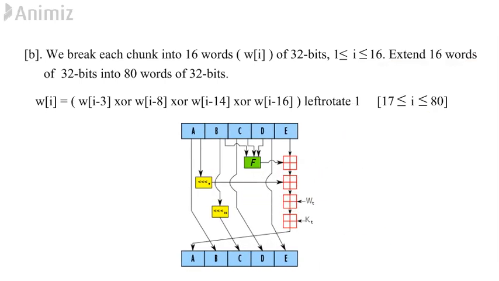This image shows the procedure of step C. Here note that the capital variables A, B, C, D and E are actually the small variables. The yellow box with the 3 left arrows is the left rotate operation. Capital F in the green box is the result of specific bitwise operations between B, C and D. WT is one of the 80 words which we have prepared in step B. KT is the 32-bit constant. The 4 red boxes show the modulus of the result with 2 to the power 32, which means if the addition exceeds 32 bits, then we only consider the last 32 bits and ignore the most significant bits beyond 32 bits.